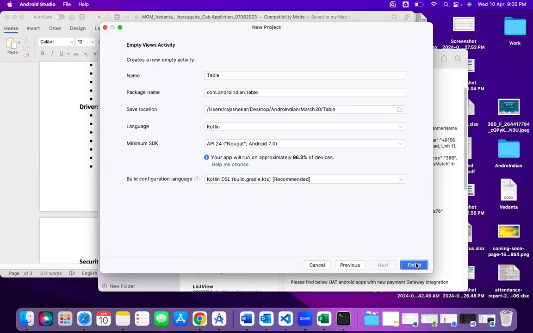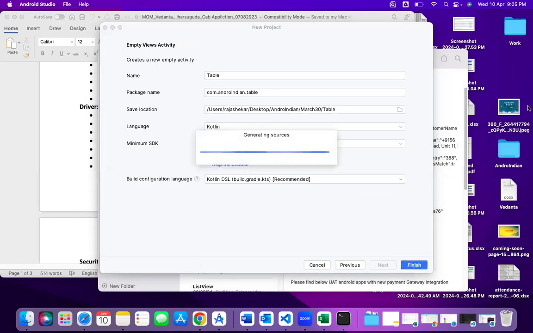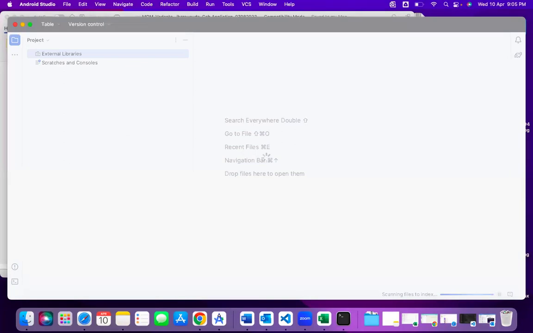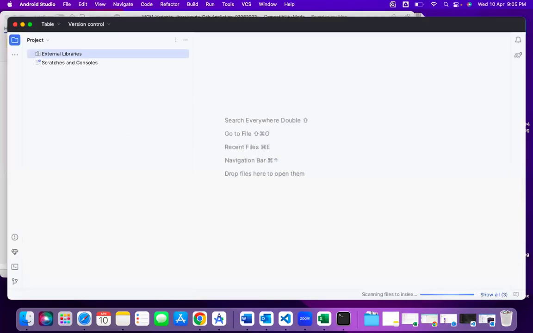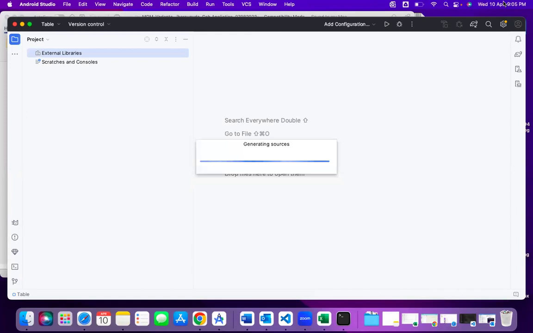Once this has been created, we will add the data in table format. Table format means we will add rows and columns here. How can we add the rows and columns? That we will see in detail, step by step, how we need to add them. First of all, this table layout in the majority of cases we will use as